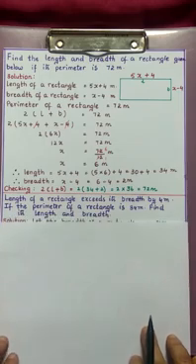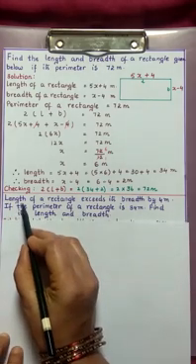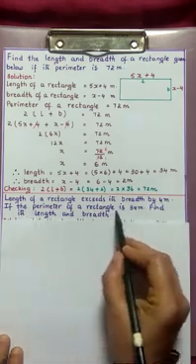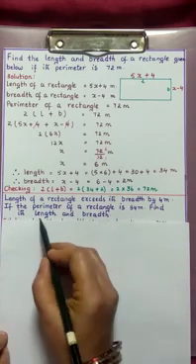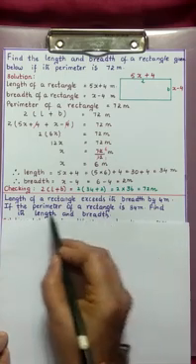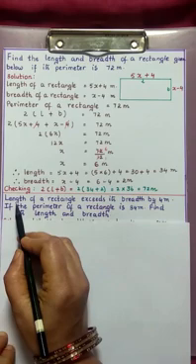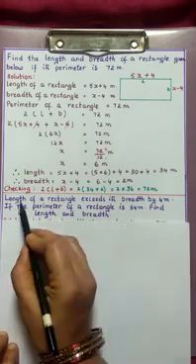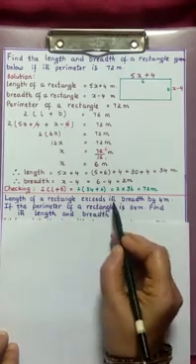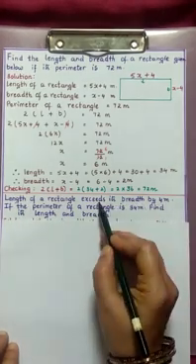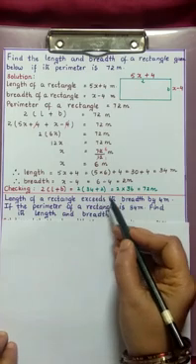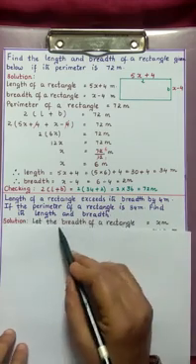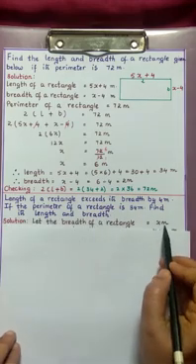Now last but not least, length of a rectangle exceeds its breadth by 4 meters. If the perimeter of a rectangle is 84 meters, find its length and breadth. Now once again, see the first statement very carefully because your complete sum depends on this. Length of a rectangle exceeds its breadth by 4 meters. As already we discussed, exceeds means more. We don't know here what is breadth. Let us take breadth of a rectangle as x meters.